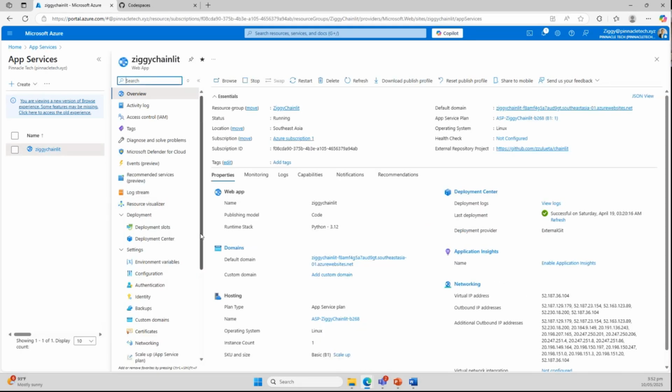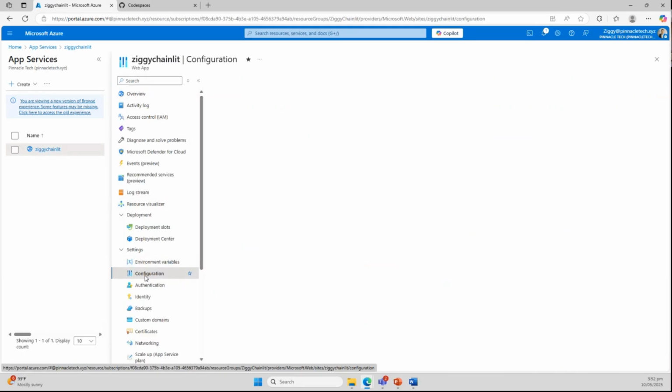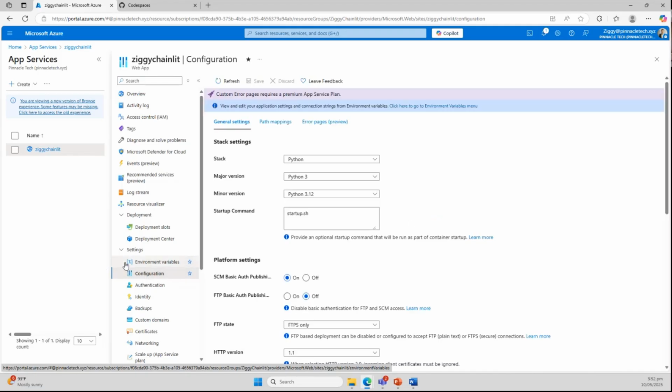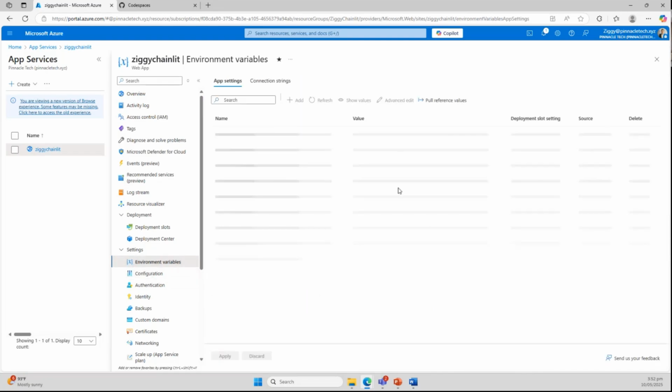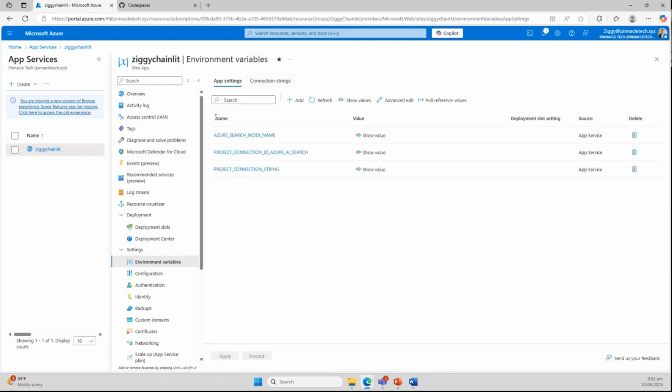All you need to do is go to Configuration. Number one, you have your environment variables here. These are my environment variables that are in my .env file.